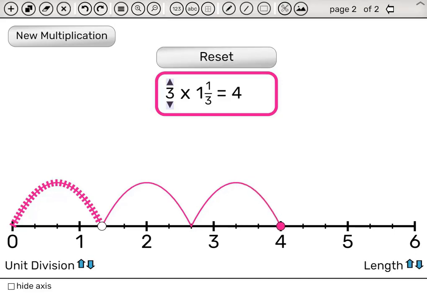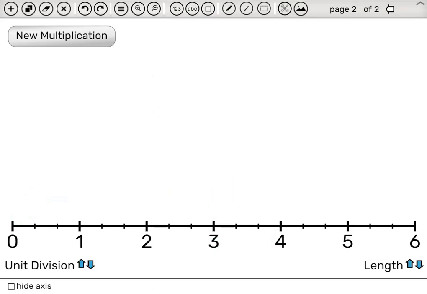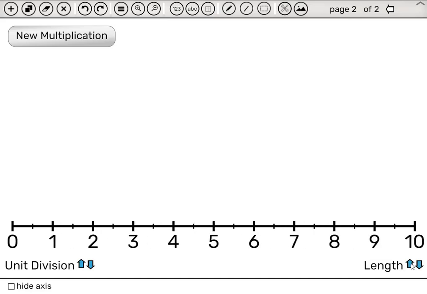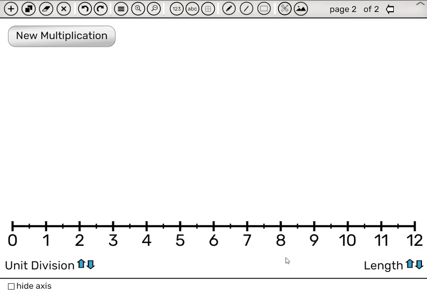The idea we saw in the previous page can be especially useful when dealing with fractions. Let's throw out this multiplication, and we'll change the unit divisions to half. Now, we can click here to change the total length of the axis. Now, let's create the multiplication